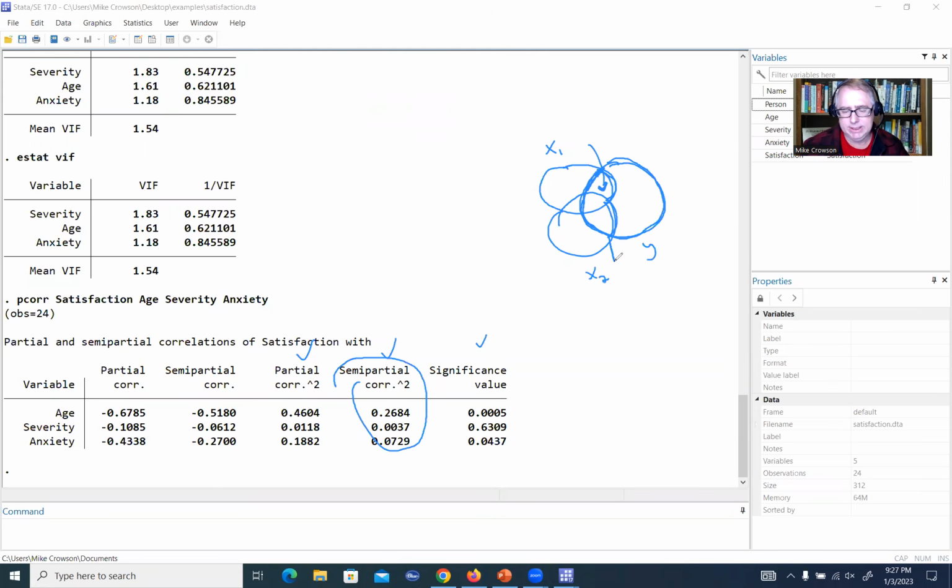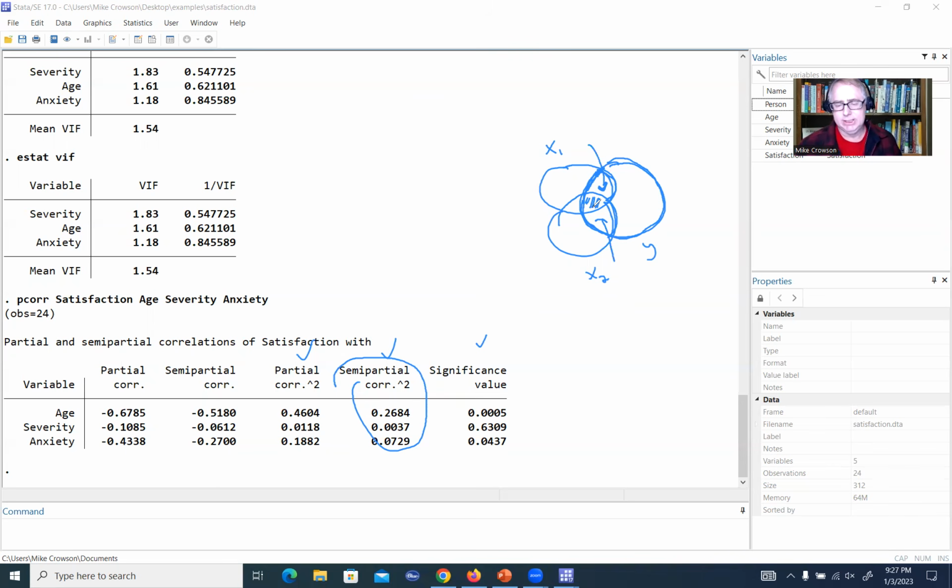This area right here is accounted for in y and uniquely reflects the effect of x2. And this area right here is basically redundant variation. In other words, we can't really attribute that variation to x1 or x2